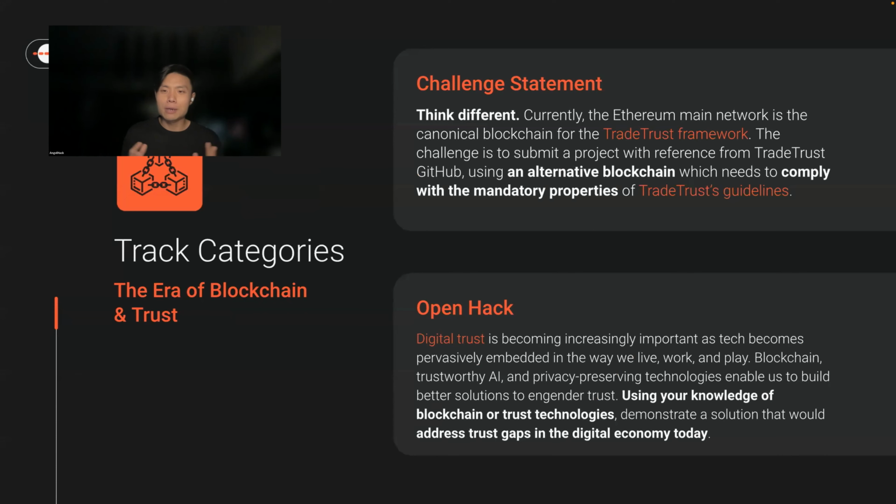So let me dive a little bit deeper into the various tracks in individual challenge statement and open hack. For the era of blockchain and trust, the challenge statement is really about thinking different, how you can help TradeTrust find an alternative blockchain that complies to a list of mandatory properties to help address some of the issues that TradeTrust is facing.